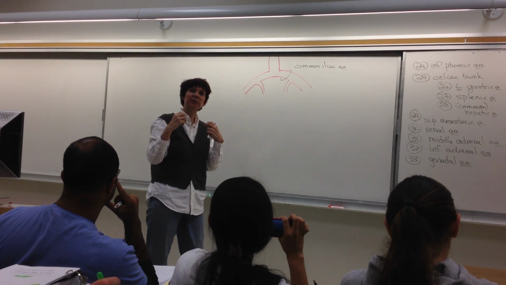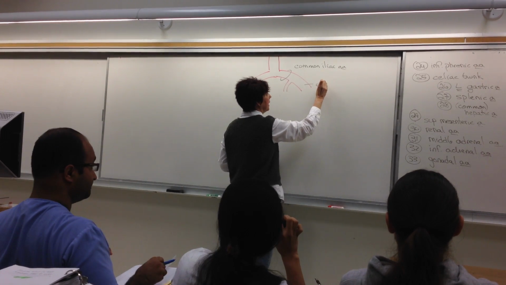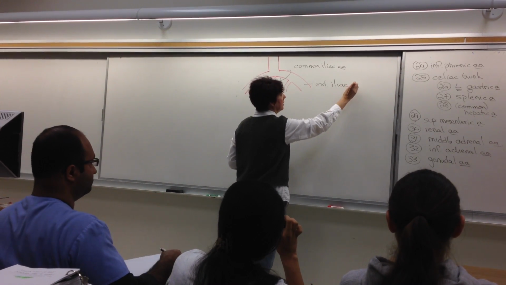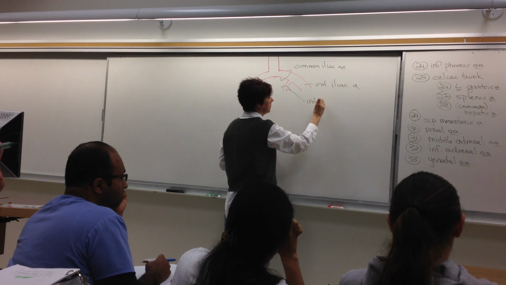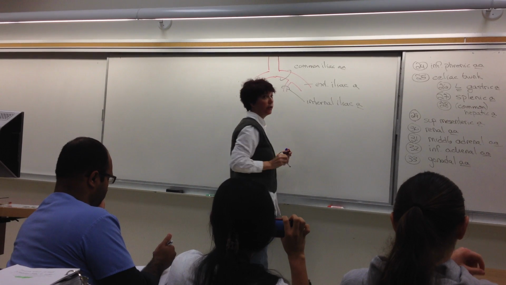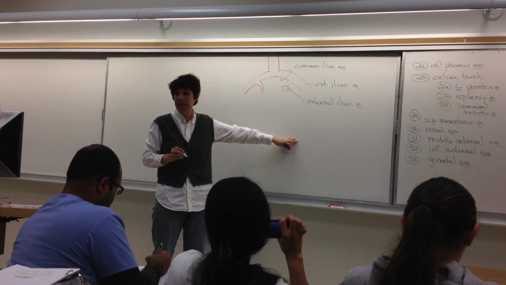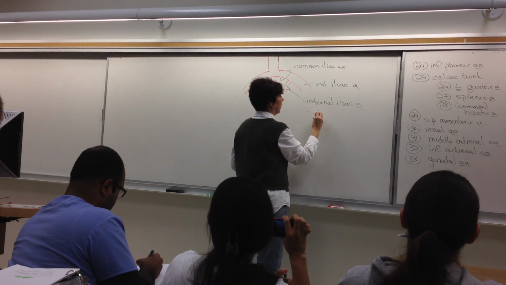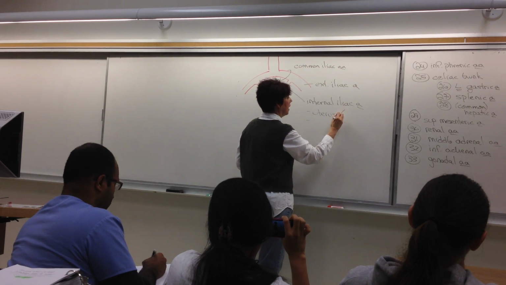Just like our common carotids, it divides to form external iliac, which is going to pass into the lower extremity, and the internal iliac. That's all you have to identify in lab, but I want you to know the organs that are supplied by the internal iliac. So, organs of the pelvic cavity, uterus for a female, along with vagina,